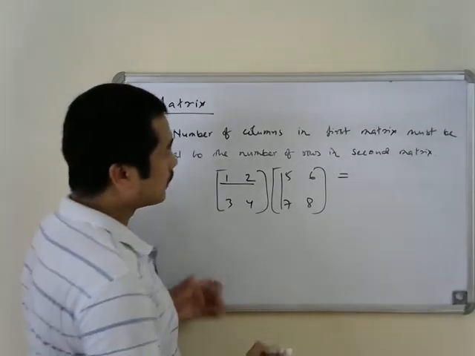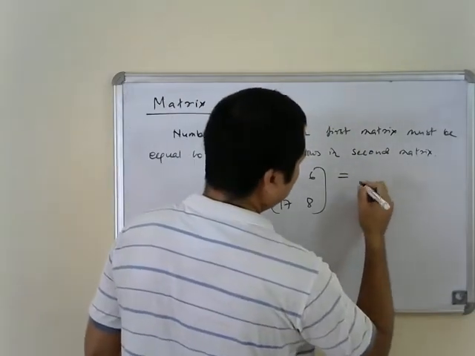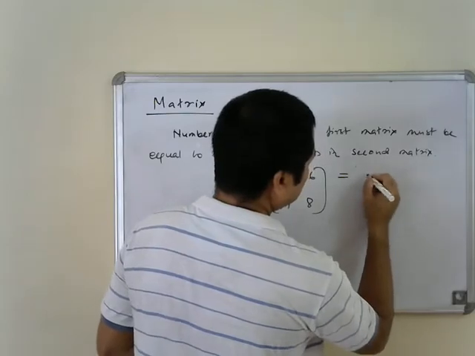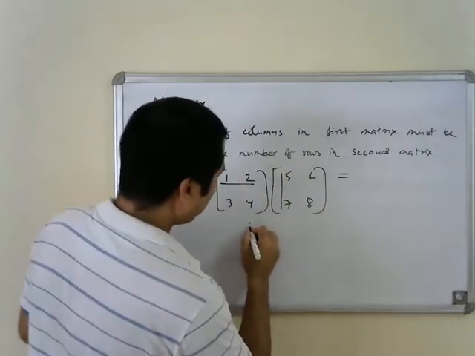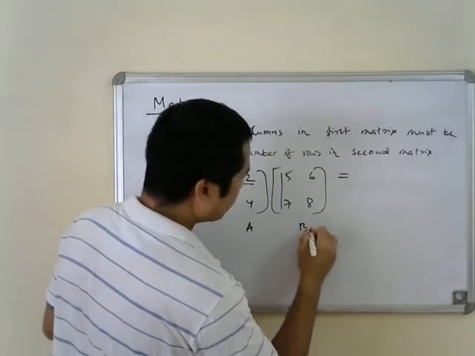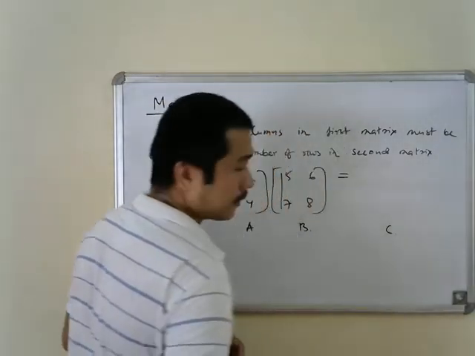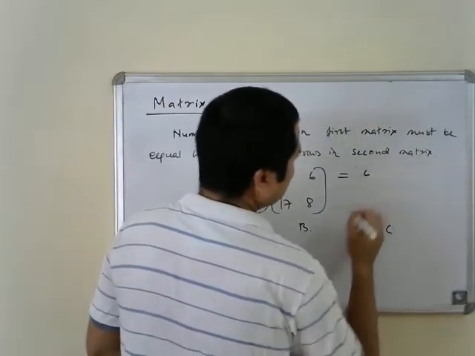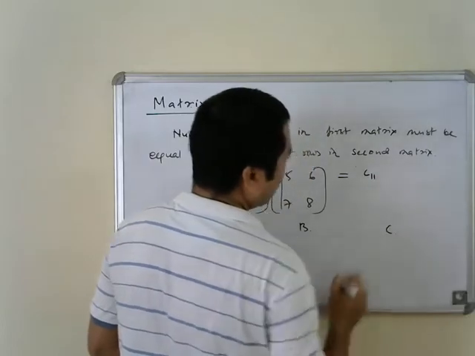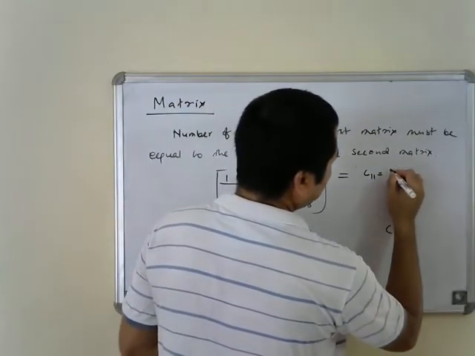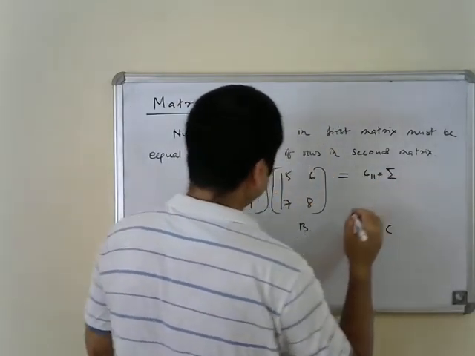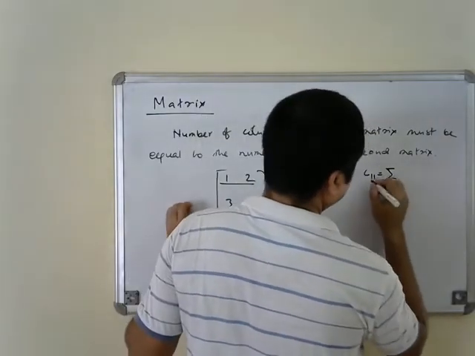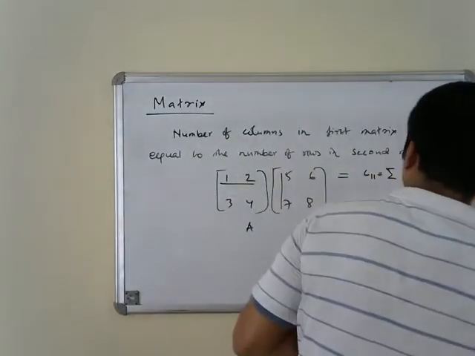If I assume this matrix to be A and this to be B and the resulting matrix to be C, then this first element, that is C11, will be given by summation of, or let us write it in a more generic way,